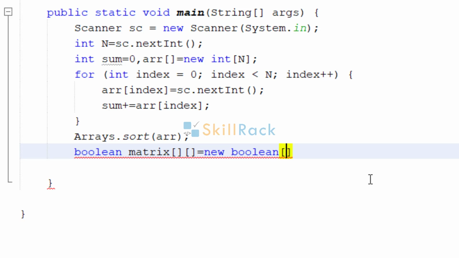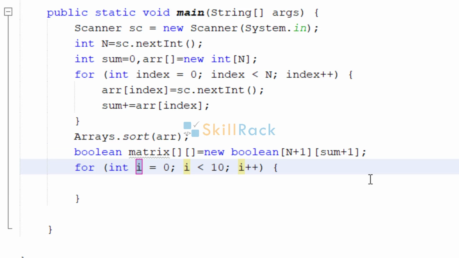So what is the size of the matrix? The number of rows will be same as n plus 1. Why n plus 1? Because in the first row we are filling with 0. So we don't want to consider that. Similarly, we say sum plus 1. Because here too, in the first column, we are filling with zeros. Zeros in the sense false here. So by default, the Boolean matrix will be filled with false. Because in Java, whenever you have the primitive Boolean, by default the values are false. So we need not do anything. We can modify the locations only where it is going to be true.